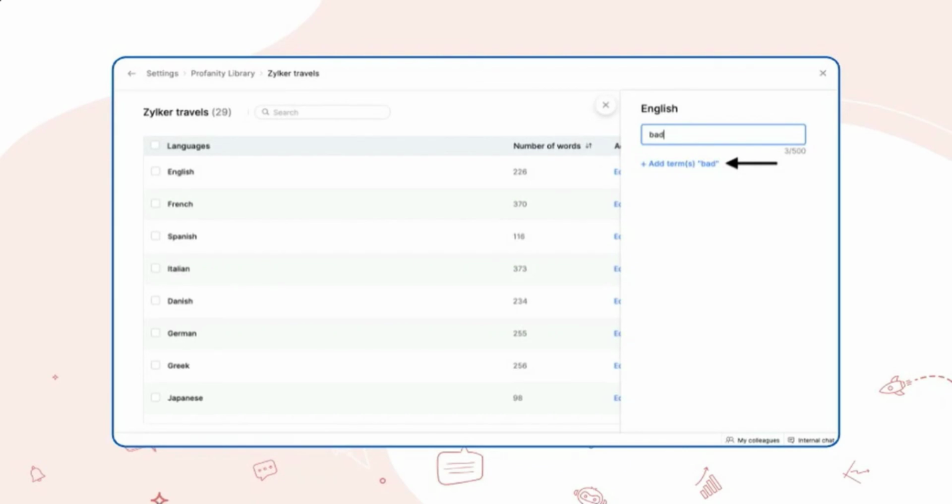So if the terms mentioned in the profanity library are used during a conversation, a warning will be sent out, and after repeated usage, the visitors will be blocked by the operator or the bot. So this is the profanity library. So you can add terms language wise, and these will be configured and used during a conversation. So let me show you this again inside the portal.